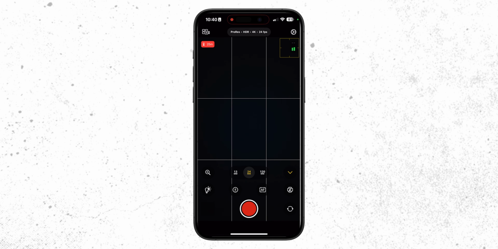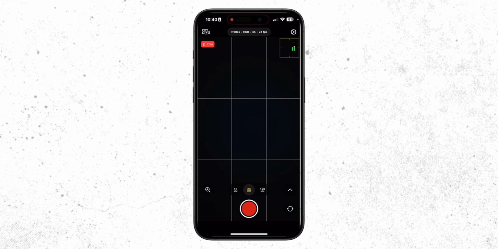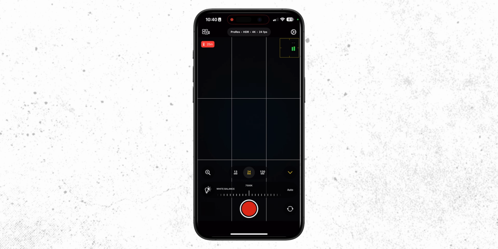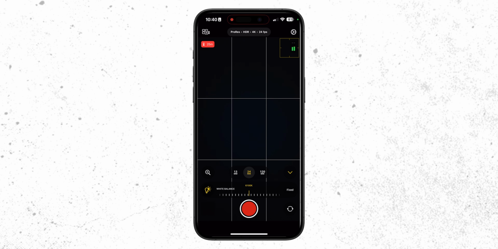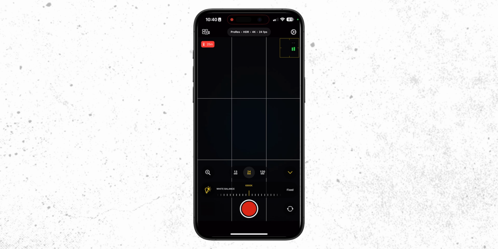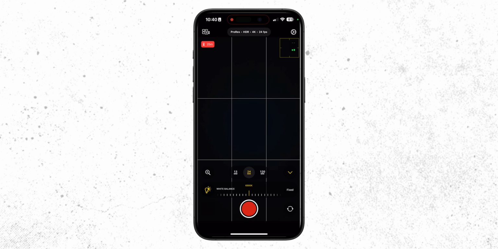So if we tap the little up arrow here, we've got some other options. We've got our white balance. White balance essentially is how warm or cool a scene is. So either very orangey yellow or very bluey cold, right? And you can dial this into your particular scene. So for example, a daylight setting is 5500-5600. The reason you would dial it in is because sometimes when the phone is looking at the scene, it'll set the white balance on one part, and then if something changes in the scene, the white balance might suddenly shift and the colors go a little bit weird, and your audience are going,